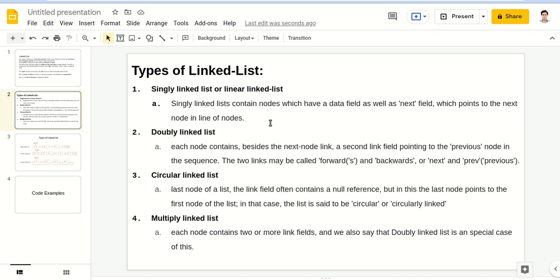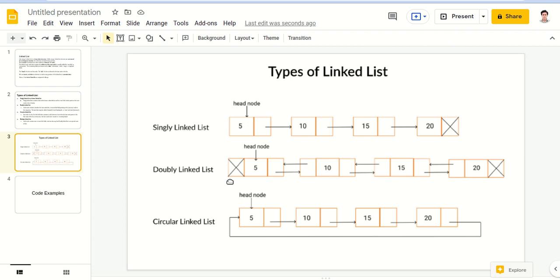In a single linked list, the last element points to null. The first element is pointed to by the head. The address of the last node points to null. You can see this in this diagram of types of linked list.